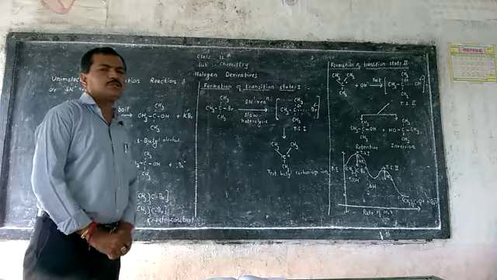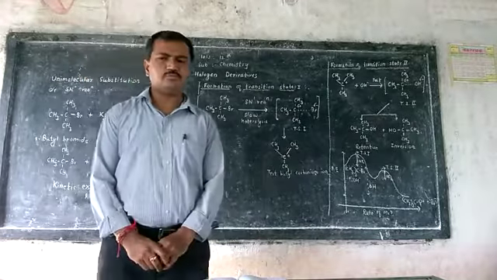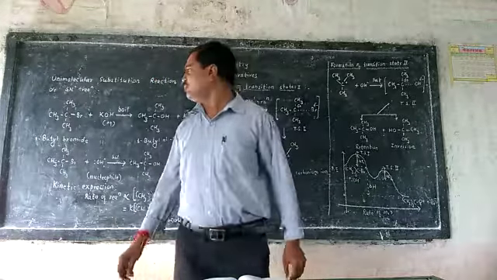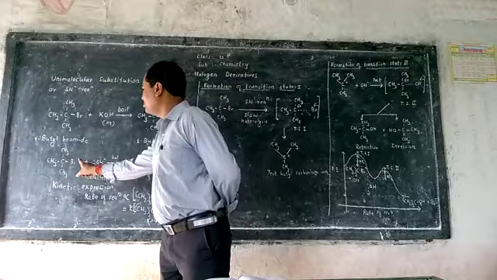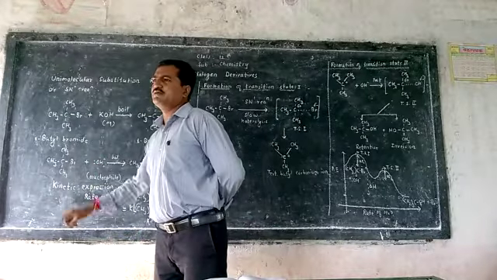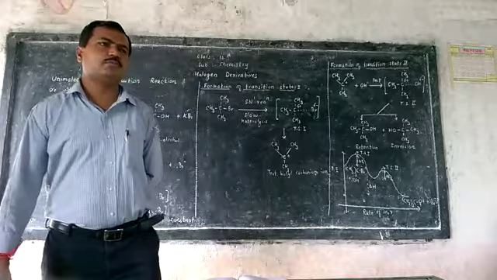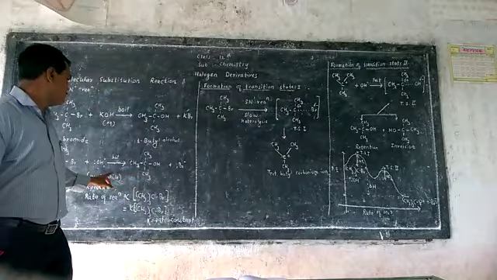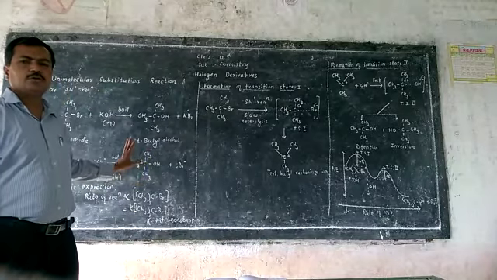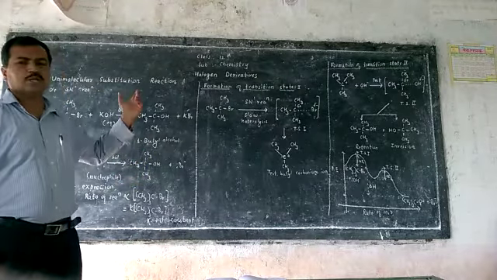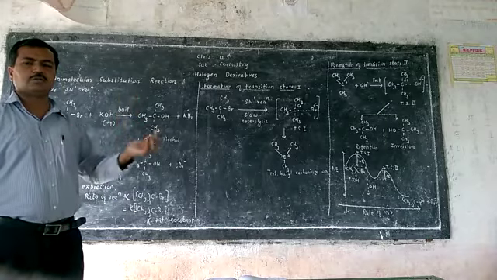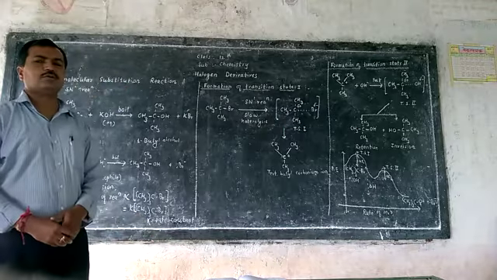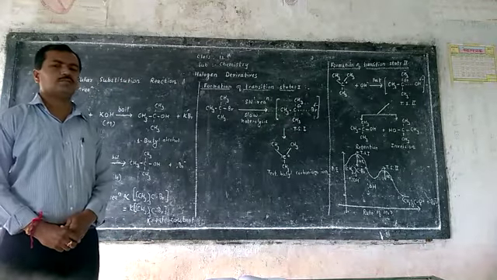Now the mechanism of this SN1 reaction. The first step is formation of transition state. Attack of nucleophile: this attack of the nucleophile on tertiary butyl bromide takes place from the back side as well as the front side, because here the rate of reaction depends upon only one substrate. In the SN2 reaction mechanism, the rate of reaction depended upon substrate and nucleophile. So this nucleophile can attack from the back side as well as the front side.